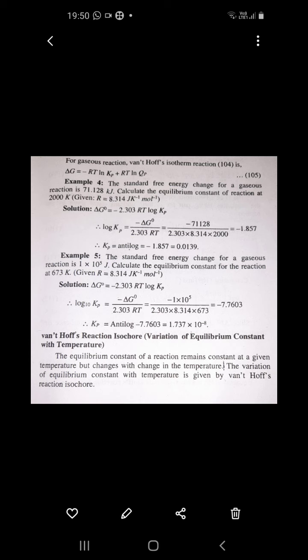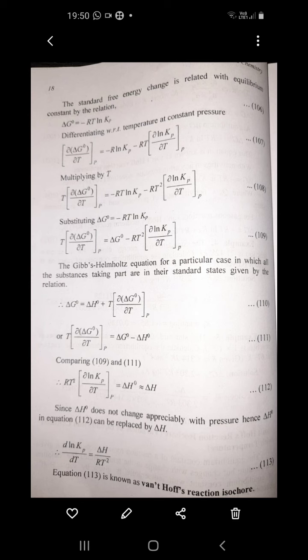The variation of equilibrium constant with temperature is given by the van't Hoff reaction isochore. So the variation of equilibrium constant with temperature is also called the van't Hoff reaction isochore. Okay, everybody understood what is the meaning of van't Hoff reaction isochore? Now,